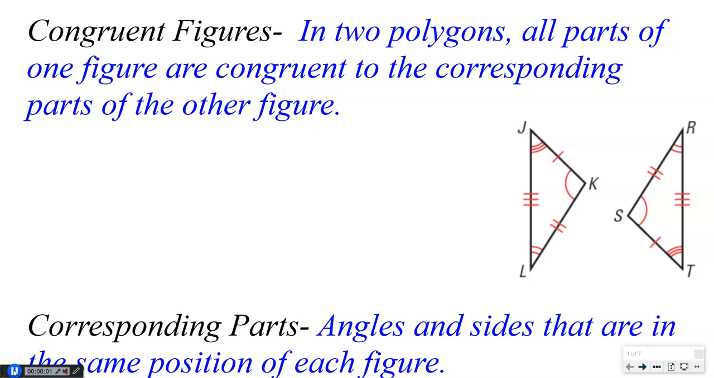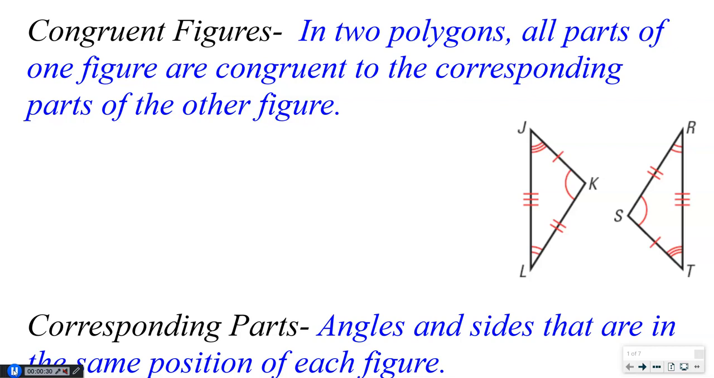All right, section 4.2, apply congruence and triangles. So in your box that says congruent figures, draw these two triangles just like they are and label them. And then in the big box, put in the definition. The definition of congruent figures is, in two polygons, all parts of one figure are congruent to the corresponding parts